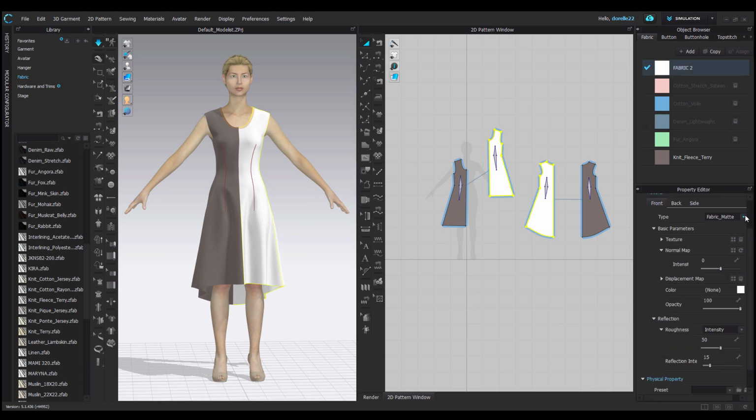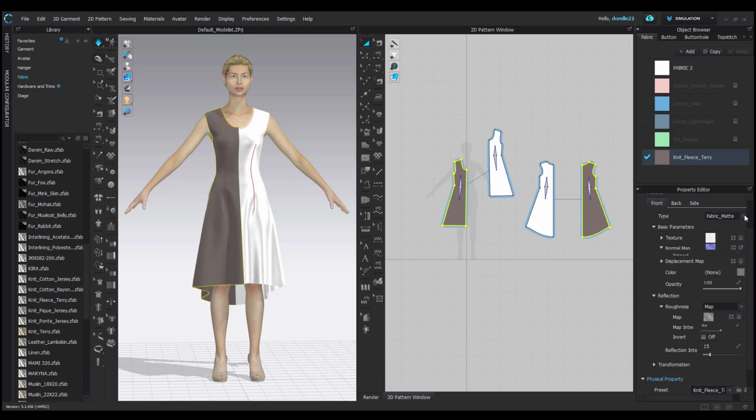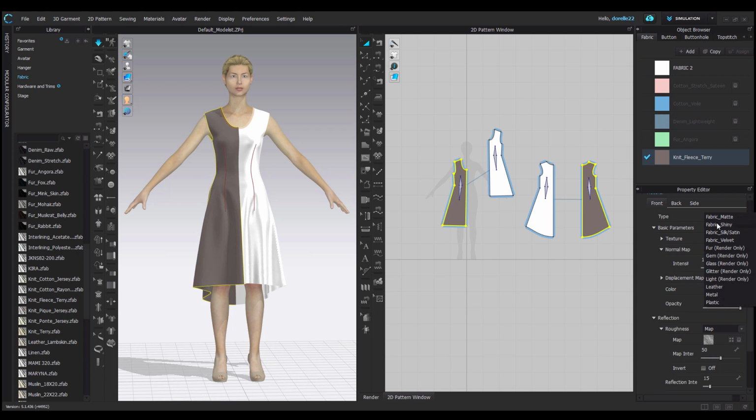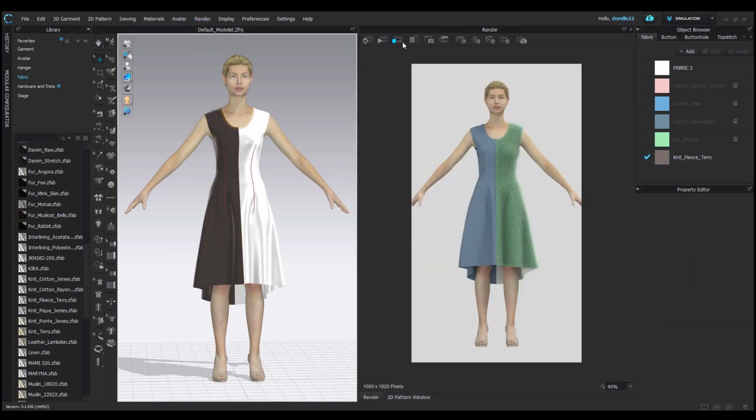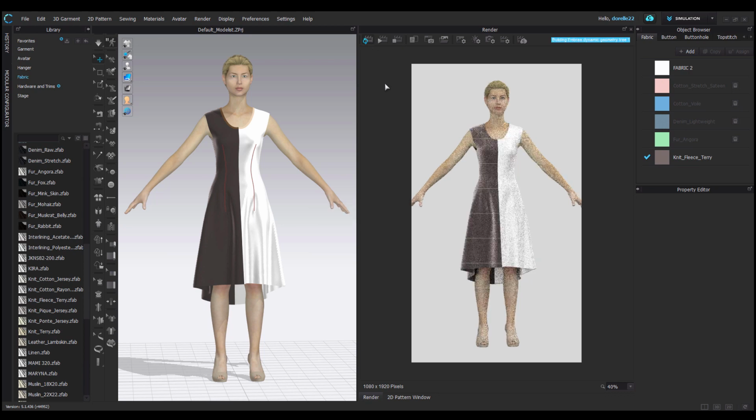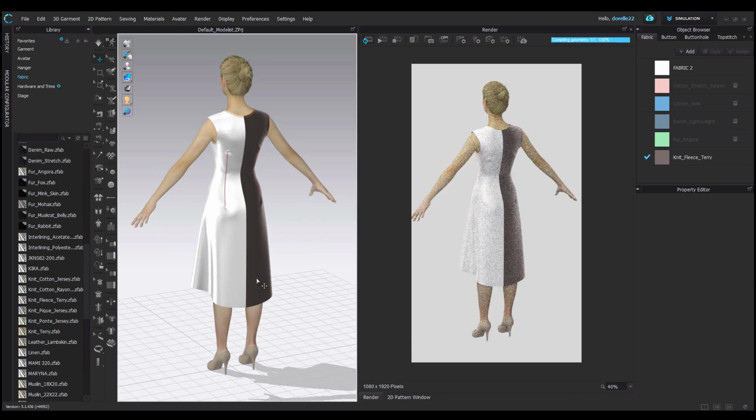Say you want to have a knit map and you want it to come out as a shiny leather, but you want it to drape as a knit. You can go ahead and change those parameters and test it out in your render window. So here I'm testing velvet and satin finishes on a knit fleece jersey.